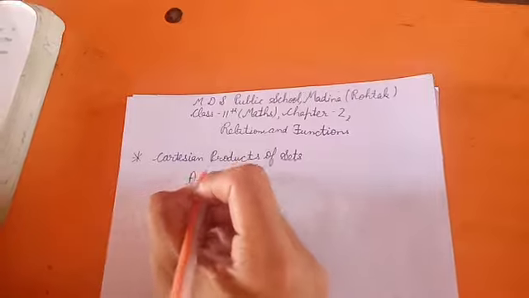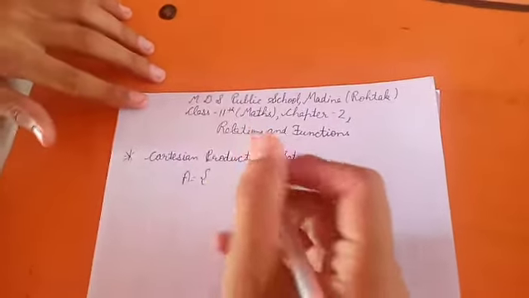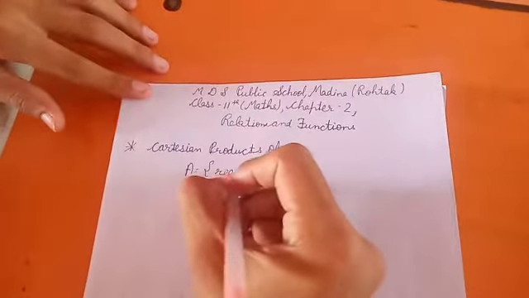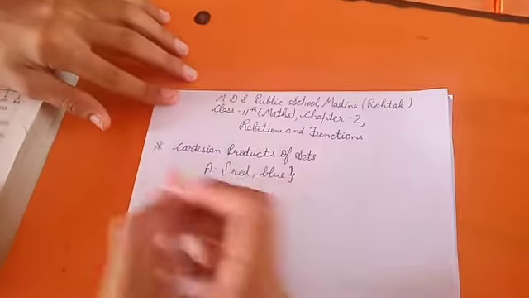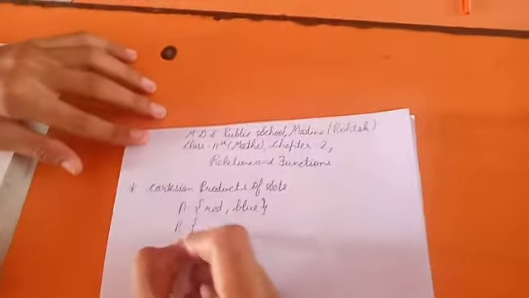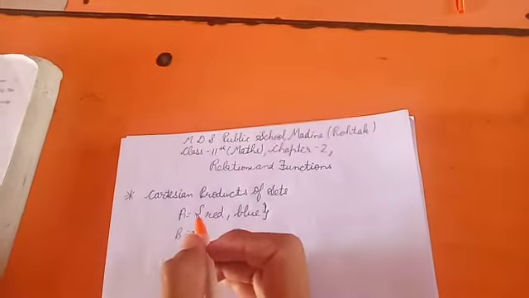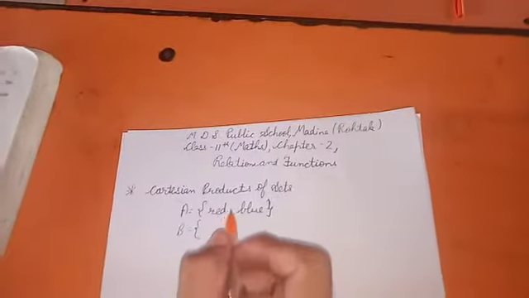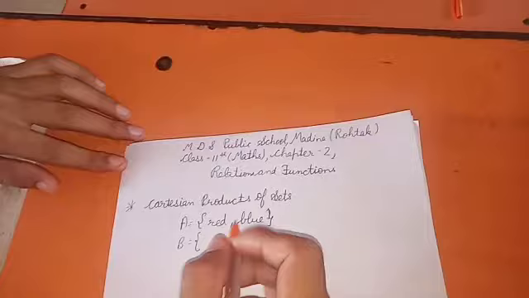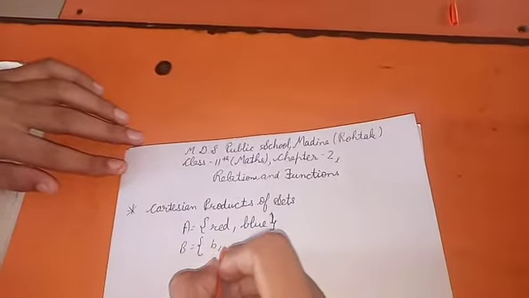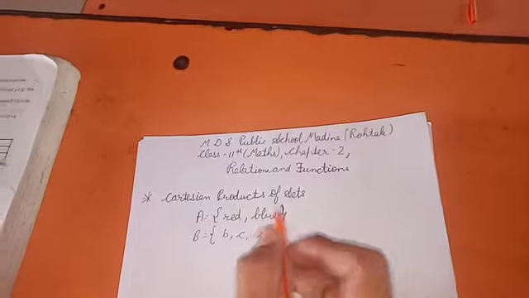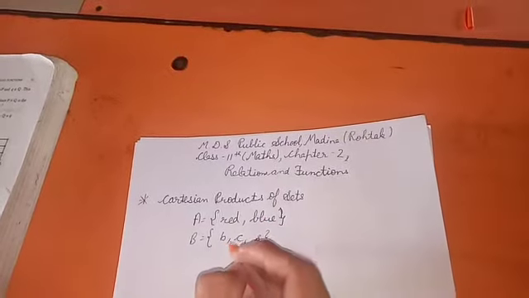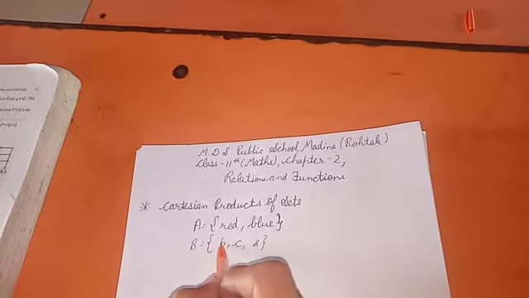Say it is an example given to you that A is a set which has two elements that are colors, red and blue, and B is another set which consists of three objects, that is B, C and S, where B stands for bag, C for coat and S for shirt.